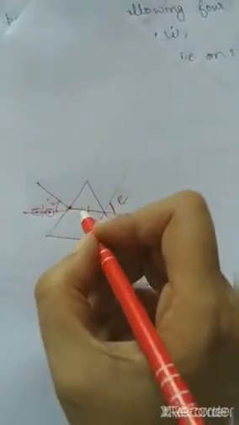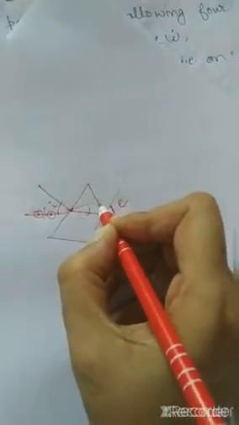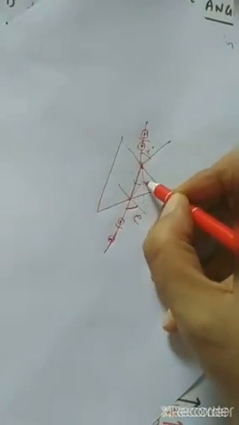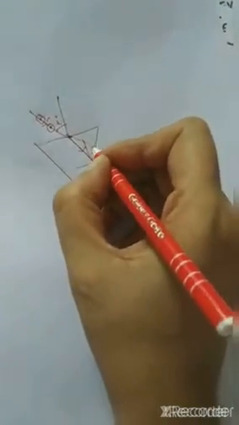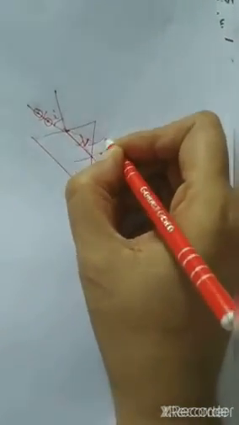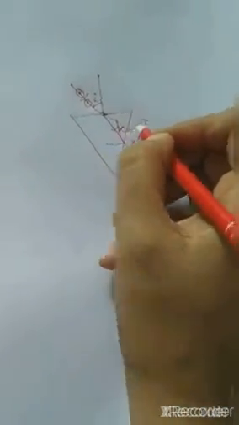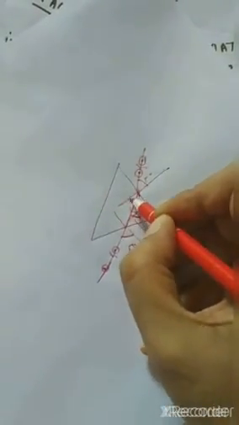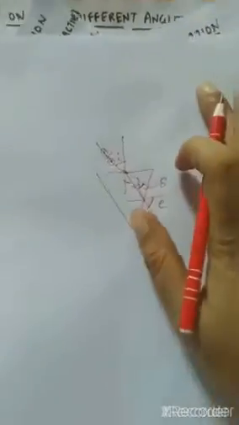Now for finding the angle of deviation, what we have to do is extend this line and extend the emergent ray. Suppose they are meeting at this point, so this angle will be your angle of deviation delta. Clear? So this will be your angle of deviation delta. Also if you extend this line normal, so this will be your R1 and here this will be your R2.